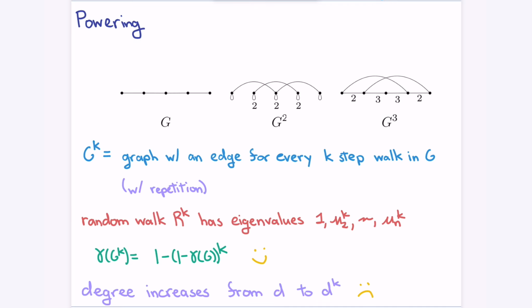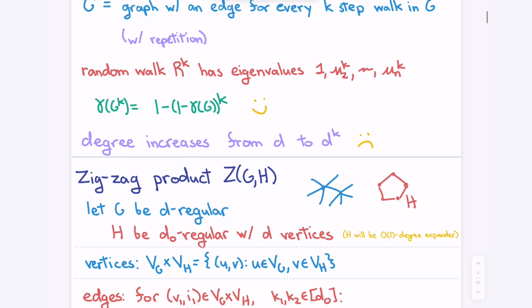Because if I took the second power of the graph, one step in my powered graph is doing two steps in the original one, right? So you're always doubling the speed. And if you do that again and again, you get 2 times 2 times 2. So it's speeding up geometrically. The only issue is that the degree gets screwed up. Okay. And so that's when you start doing this